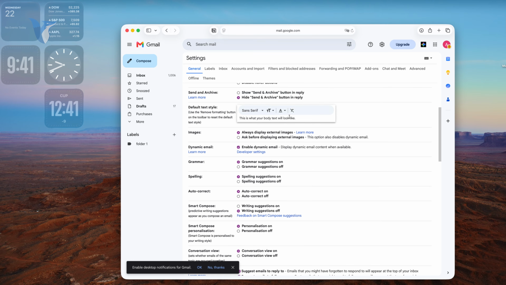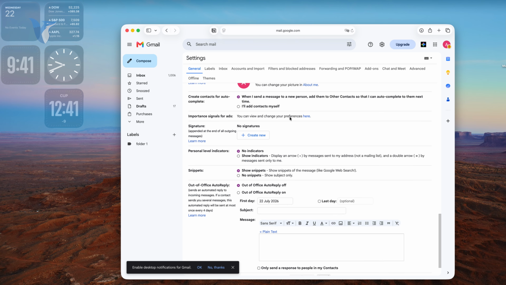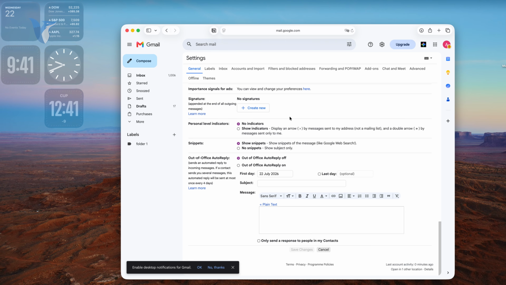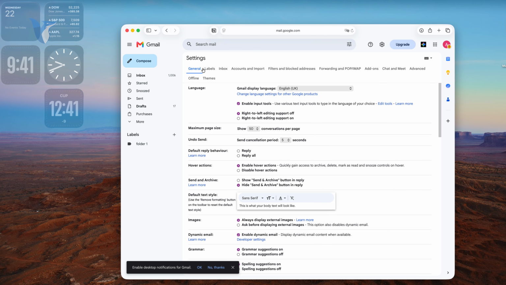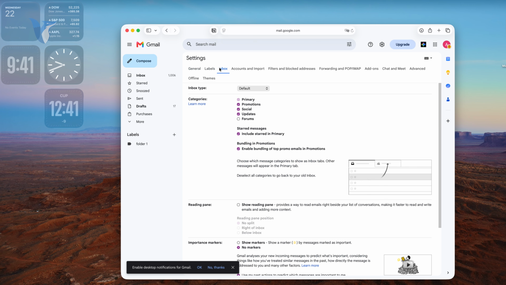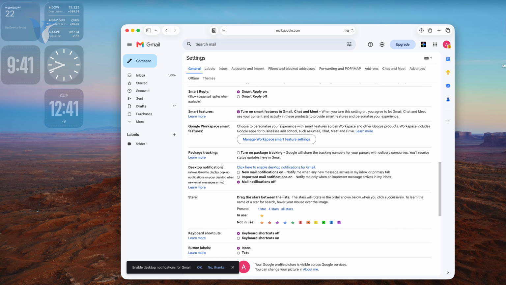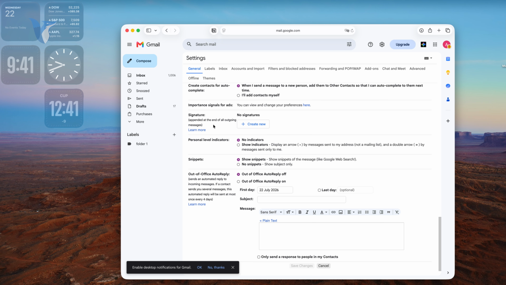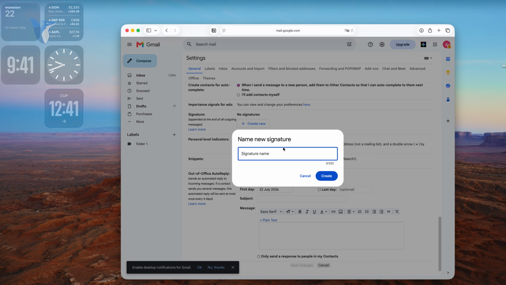And in there you have plenty of ways to customize your way, right? But you can see that we have the ability to change the signature. As you can see in the all settings, part of the General tab, because you can obviously go to the other stuff too, but if you go to General, you can see below that we have the signature right there. So you can click on Create new like this,